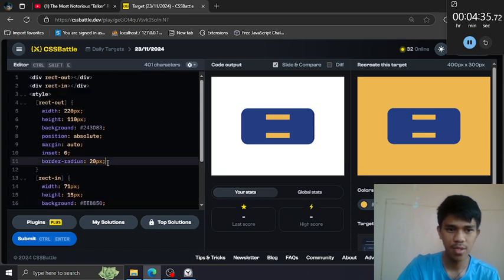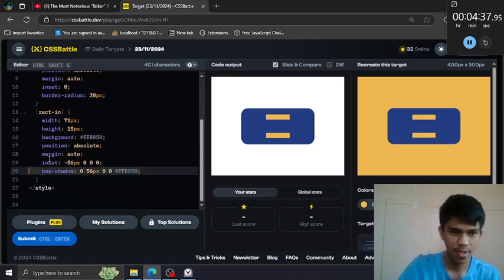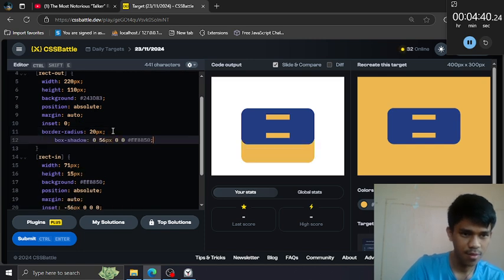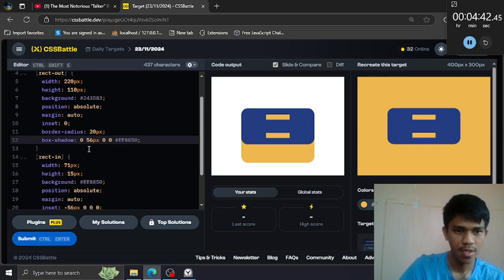Oh, wait, the color of the background first. Copy the box shadow for the rect out.